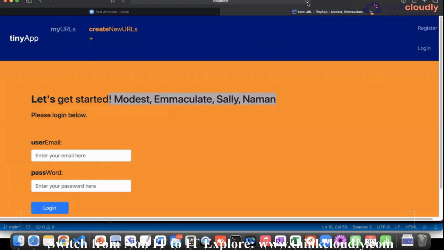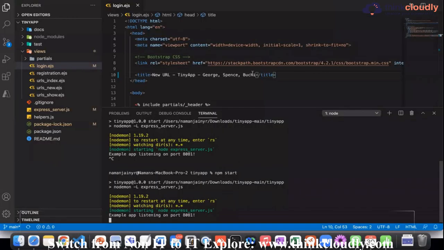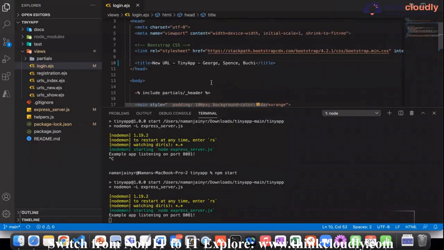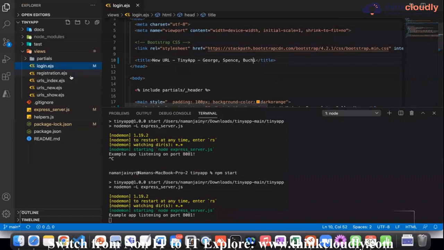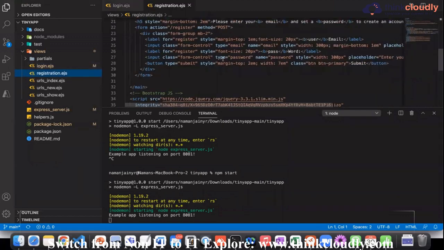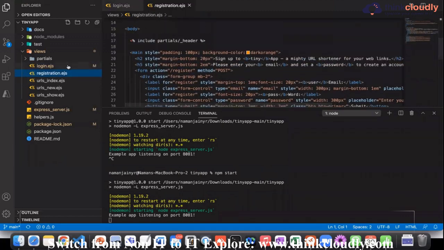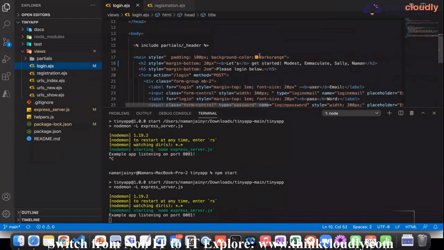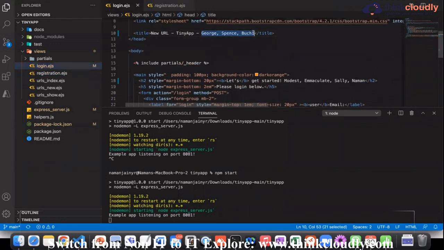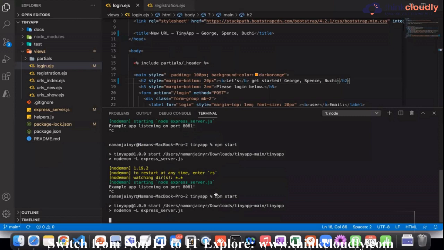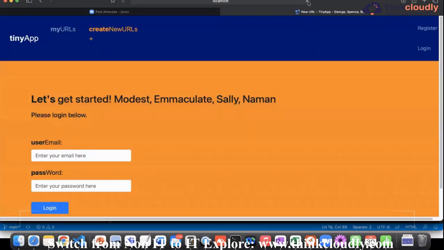When I refresh here, oh, okay, it's not letting me show it here. One second. Okay, I may have changed it over here, but I have to make the changes over here as well. So I'll make the change here and I'll restart the application. When I start the application again and I refresh, you will see the change on the UI.